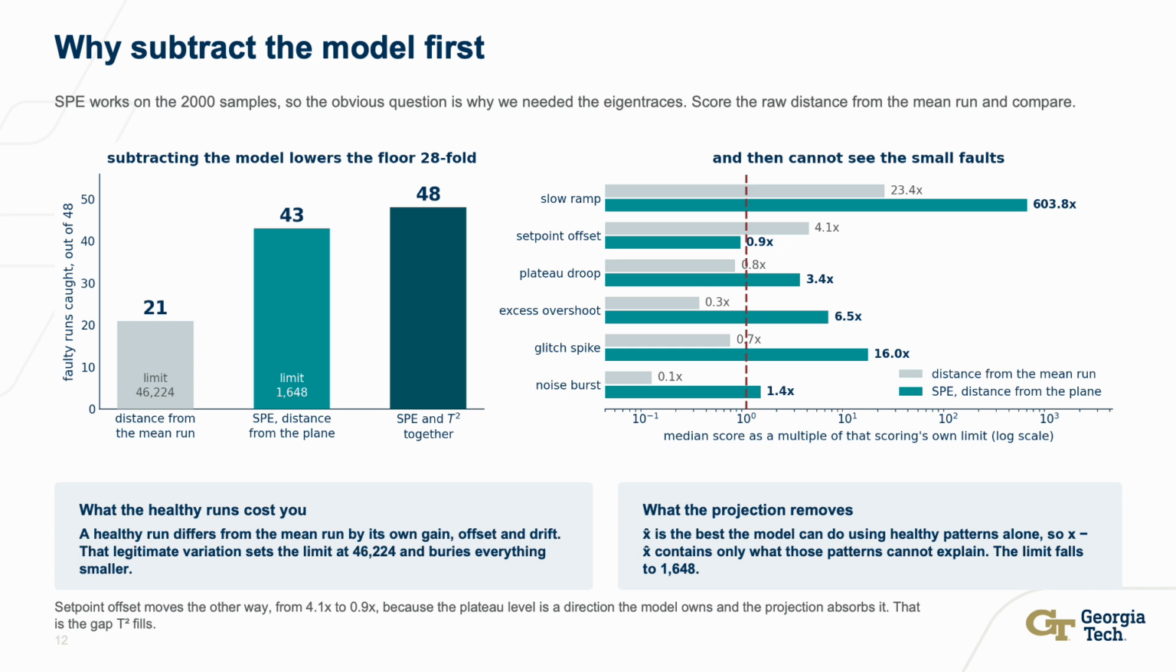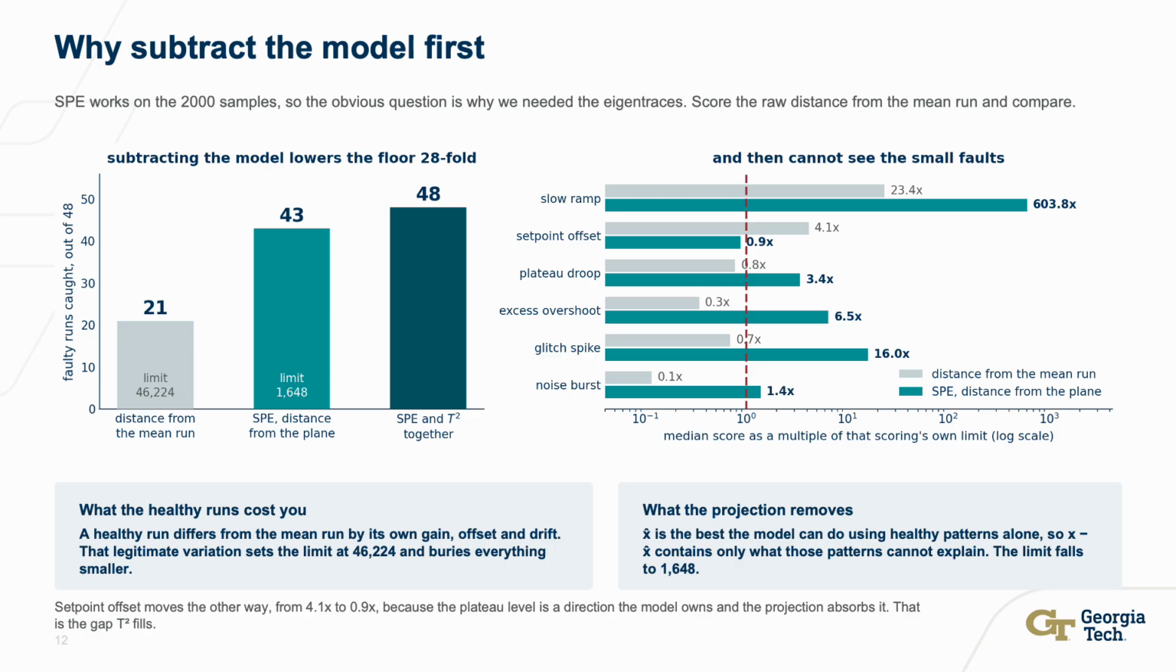Notice the set point offset, which moves the other way from 4.1 down to 0.9. That is not a failure of the method. The plateau level is the direction the model owns, so the projection produces the offset and it disappears from the residual. That is precisely the gap T² fills,